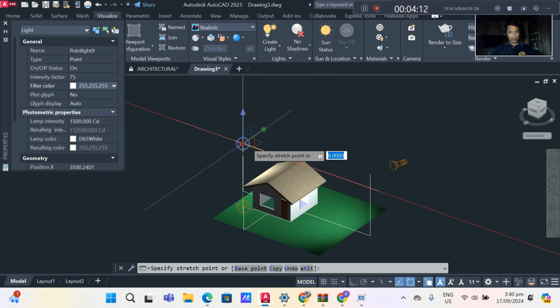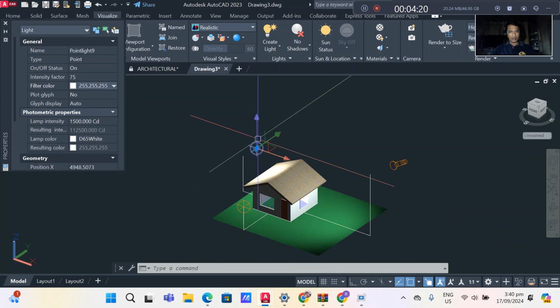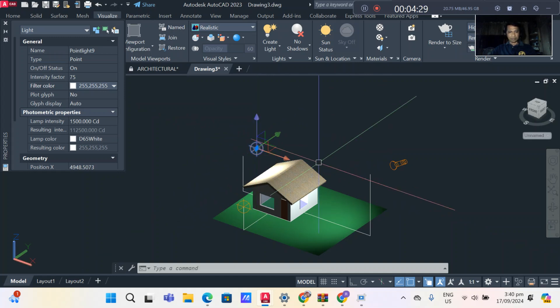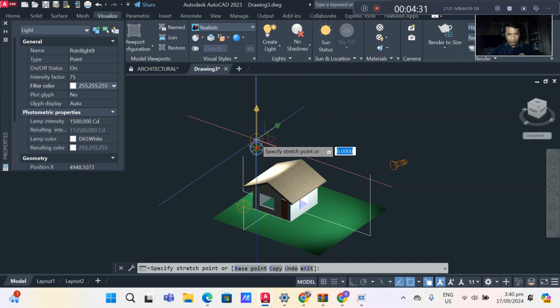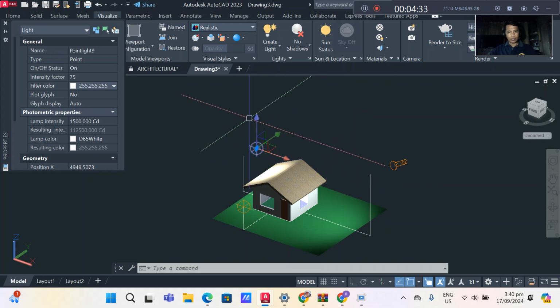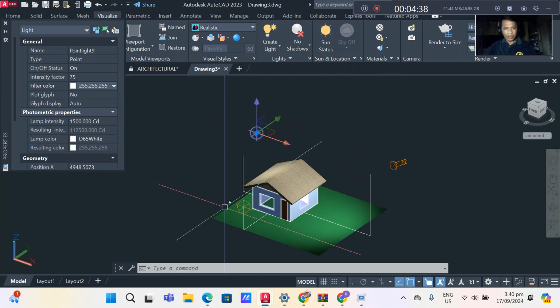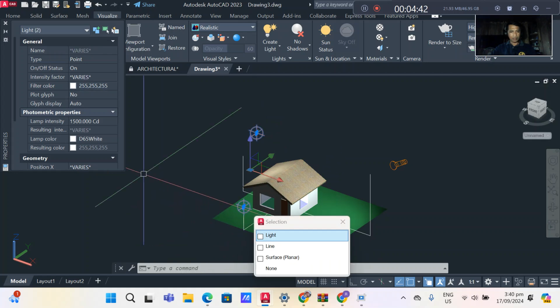A little bit closer, by pulling the pointer, you can move it away. And then the other one is this bulb.